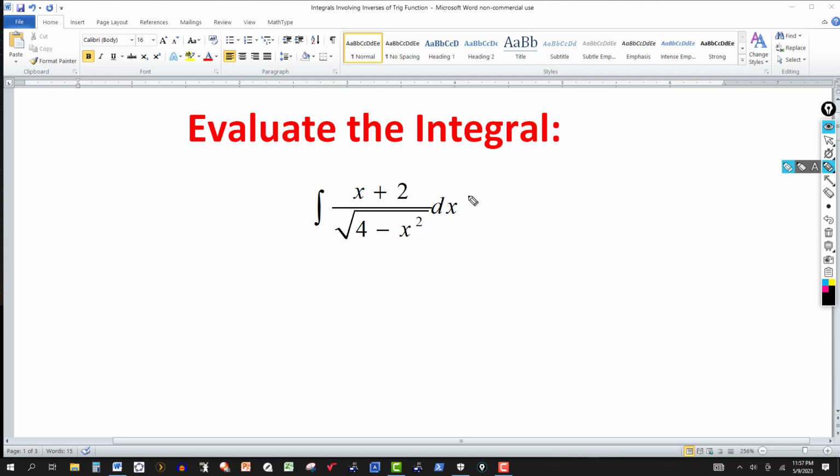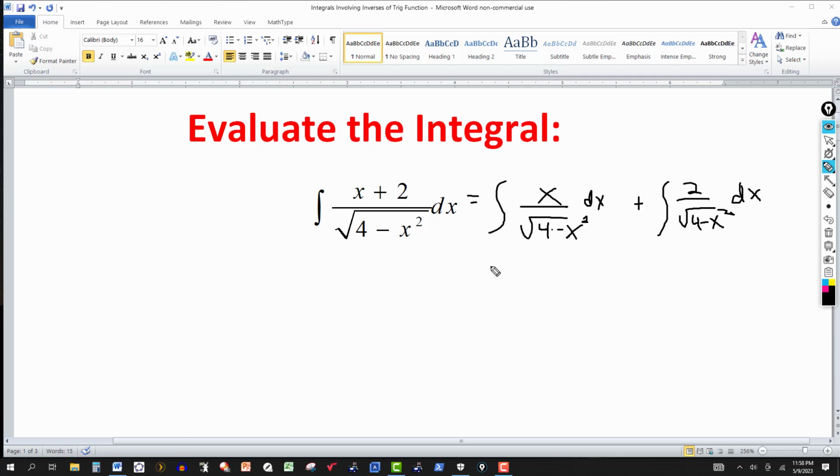So for this one, we can break it down into two integrals. The first integral will be x over the square root of 4 minus x squared, by itself. And we'll have a plus here, another integral, and this will be 2 over the square root of 4 minus x squared